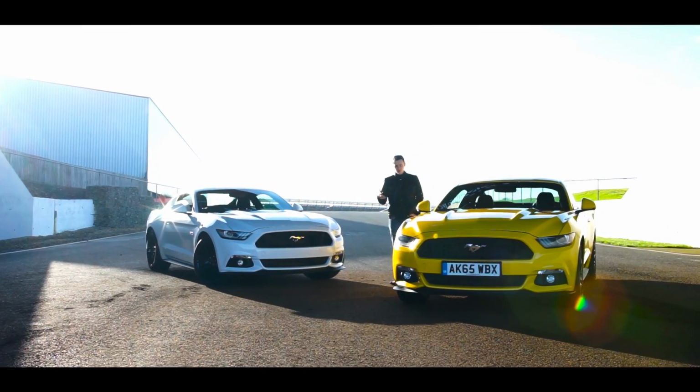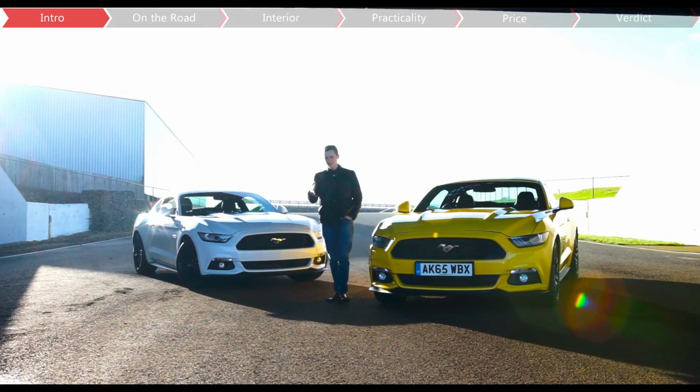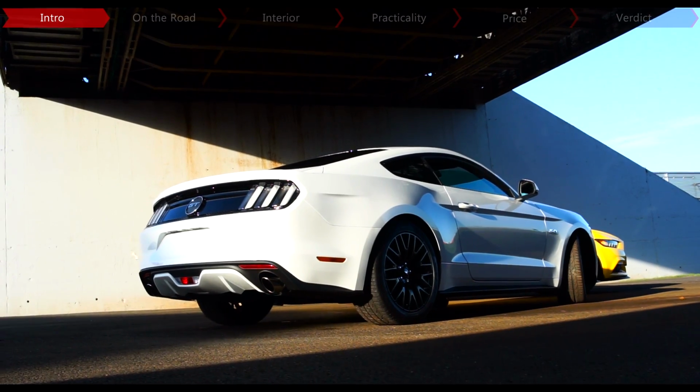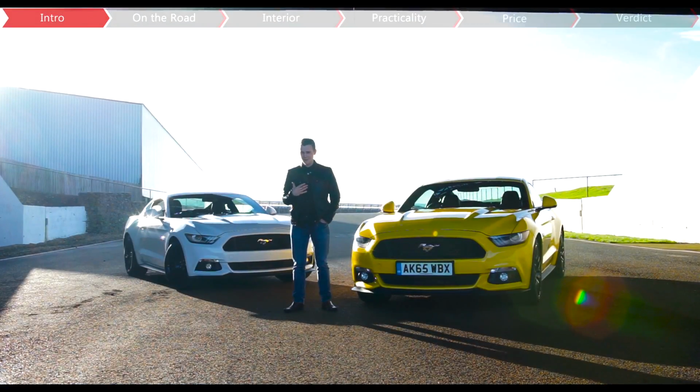There are certain things that ooze American patriotism, and one of them is the Ford Mustang. But unlike any other model that's been available since its launch in 1964, this latest model is pretty special, particularly for those in Europe and for us in the UK, because now for the very first time, it's available in right-hand drive, and you can get it from your local Ford dealer. So we're here at Silverstone to put the latest Stang through its paces, but first let's have a little look